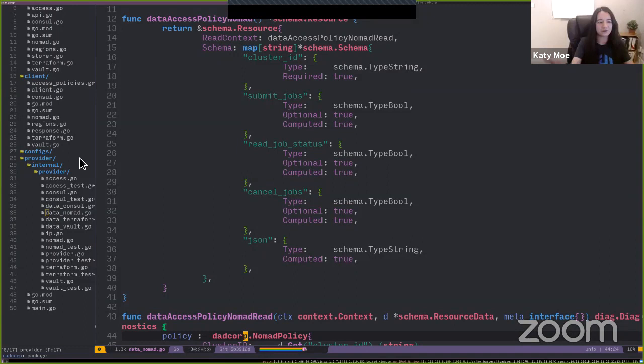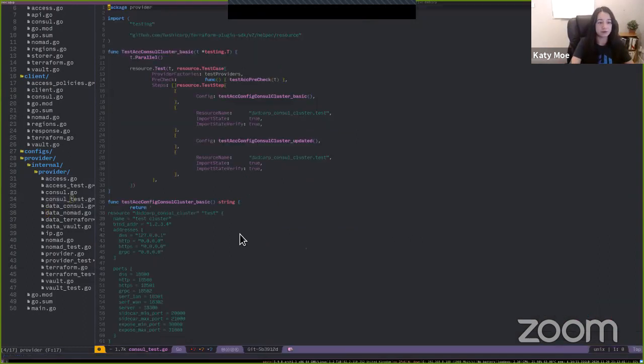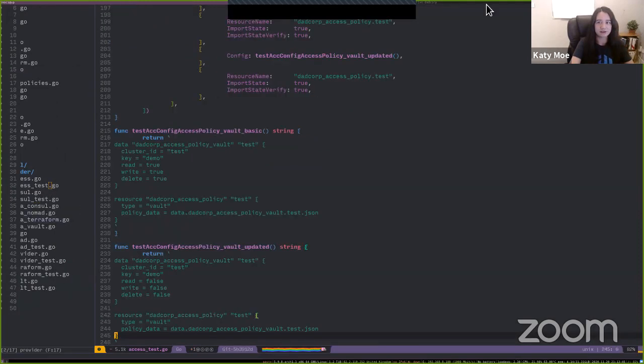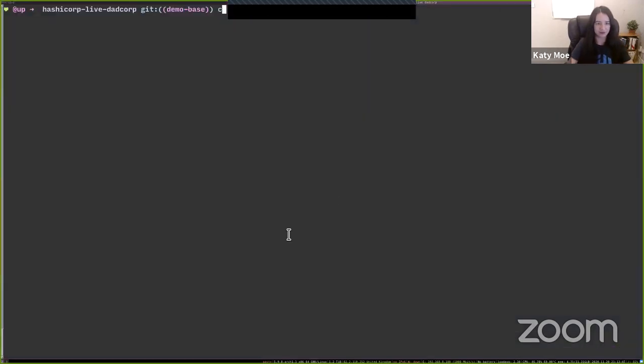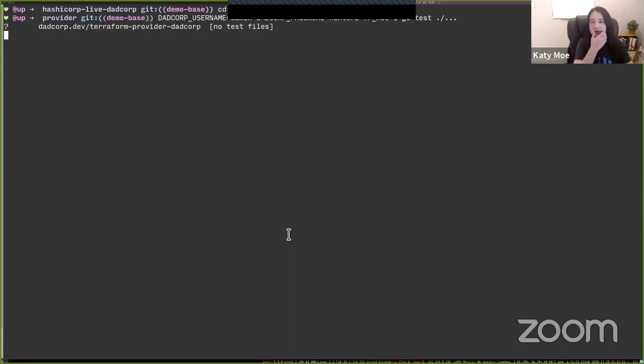Okay. Meanwhile, I can tell you that since we're good demo provider developers, we've written full acceptance tests for this provider. And just in case you want to see the tests passing at this point, we will run them. So as you can see, all the tests are passing in this helper schema provider.